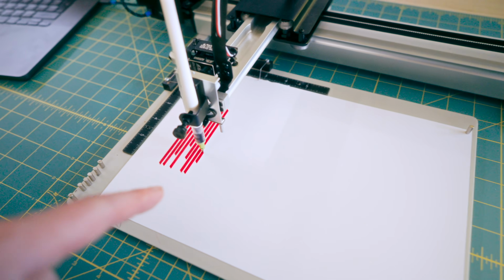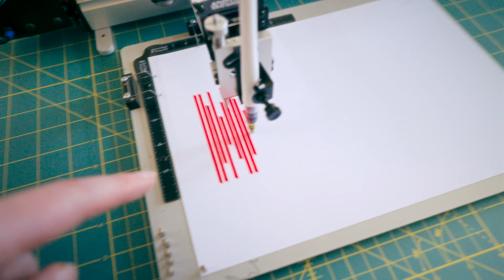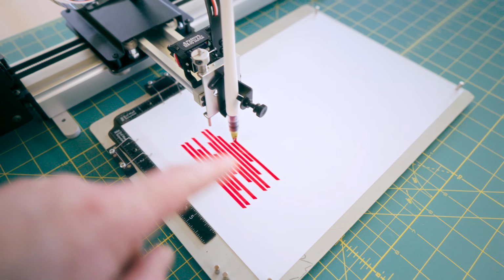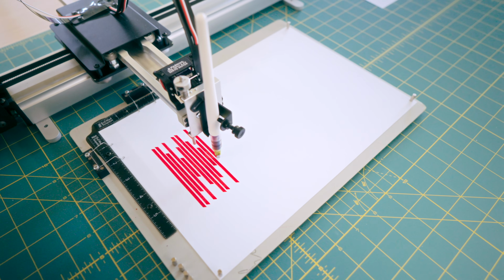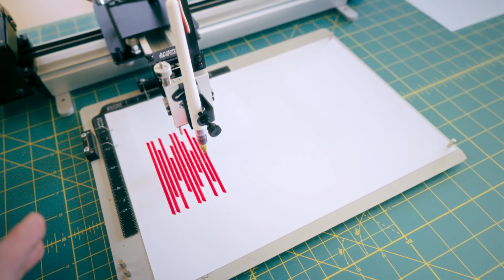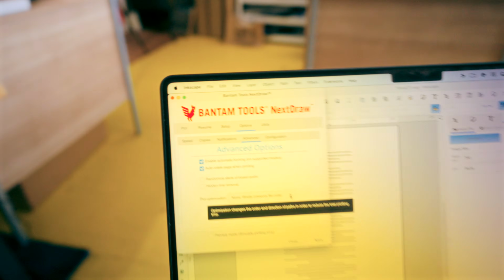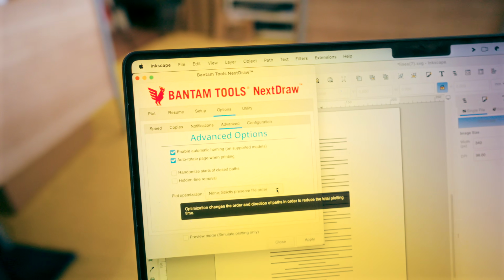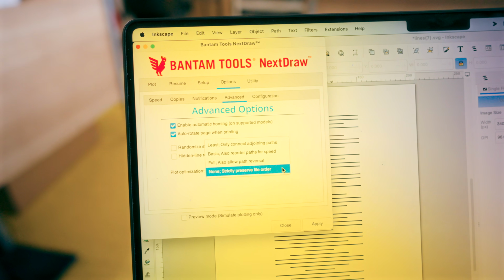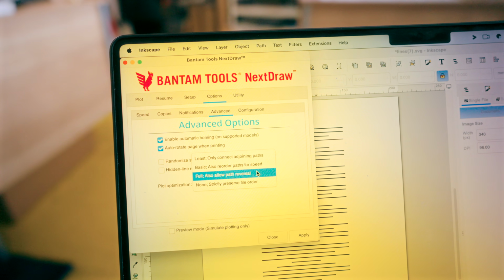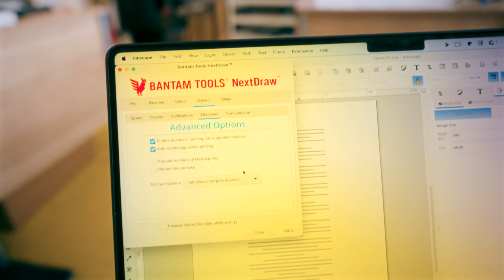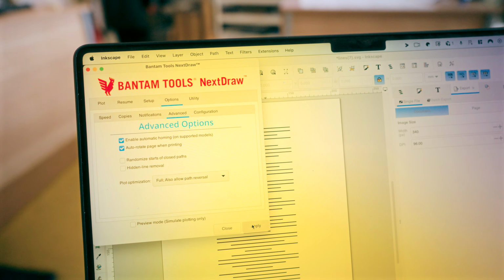Because it's drawing back and forth, it's going to do the plot a lot quicker because we're saving on lots of travel time. I'm just going to let this complete and then I'll show you the other way we can do this. Okay, so that's the first one done. Now over here in the Bantam next door, and Vipe has similar type of options. In the optimization, we can go full allow path reversal, and that's going to try to optimize the path. And when we apply,